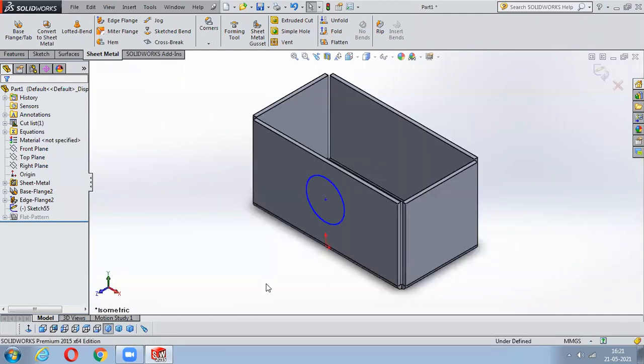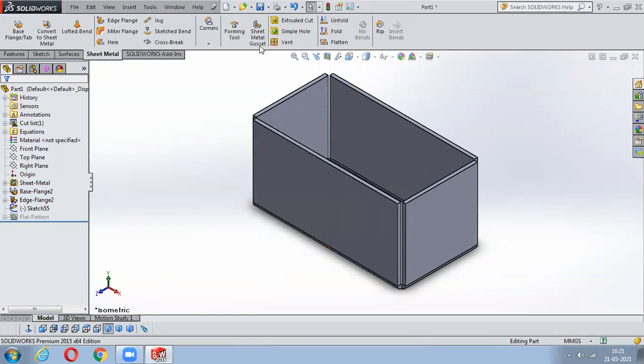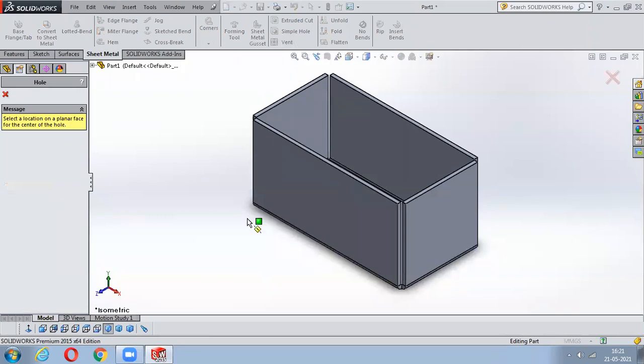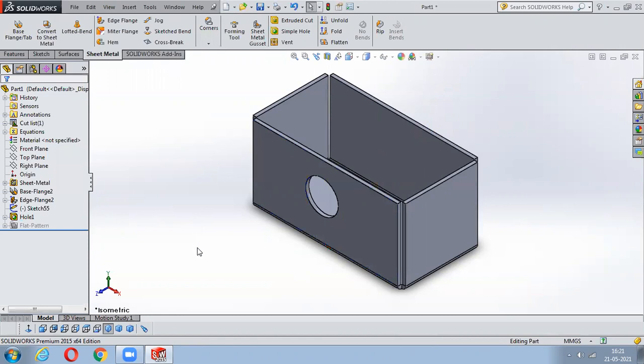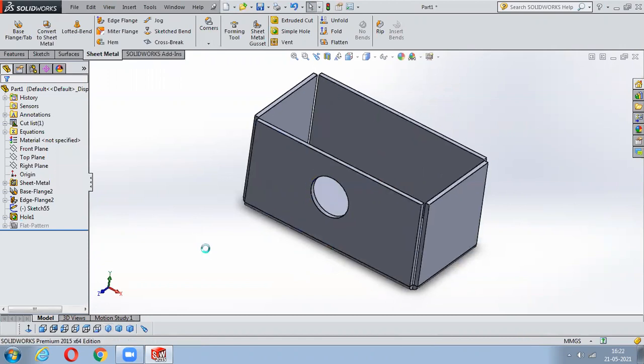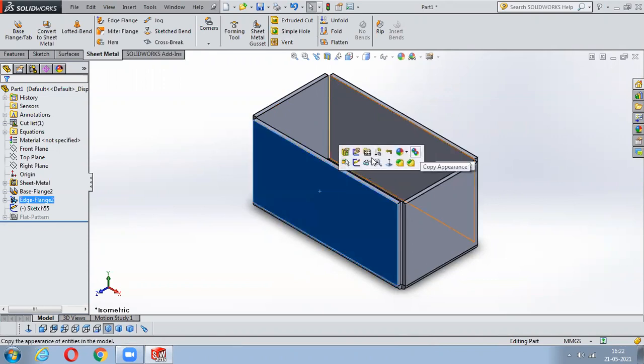Same way, we have a thing called hole, what we have used. So hole. So simple hole. So just select this. What you can do is you can only create holes in this. Okay. So holes in the sense only a circular diametric cut. You can't do anything extra in this. But the next tool what we are going to use is called vent, which is majorly used in your sheet metals. So I'll just go on sketch on this.